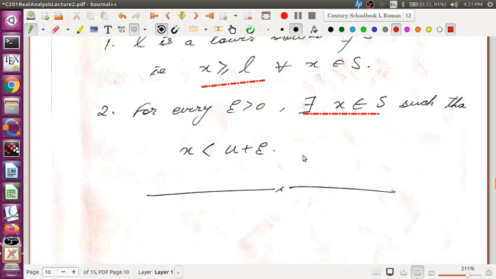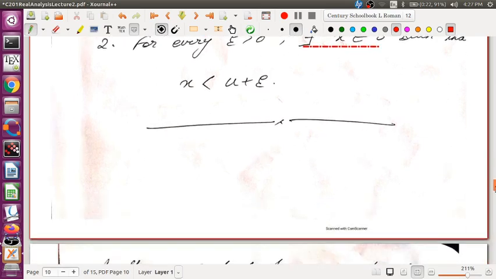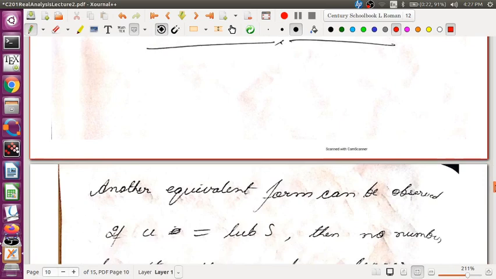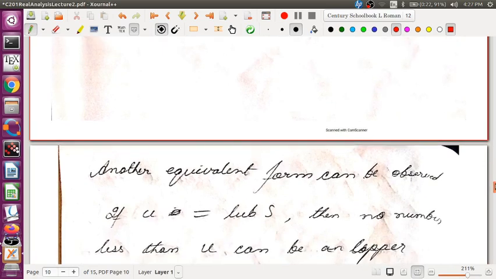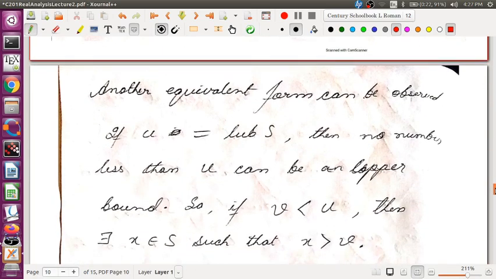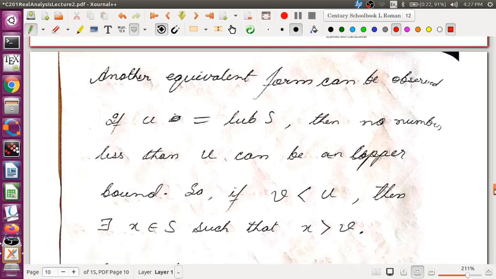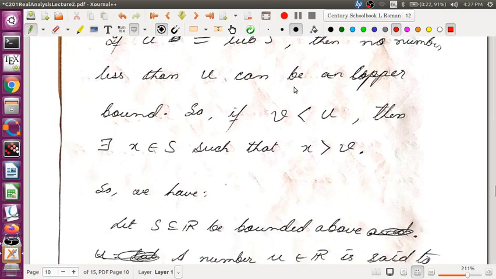There is at least one element for every epsilon which is strictly less than L plus epsilon. That means no number greater than L can be a lower bound. Okay, that is the concept. Another equivalent form can be observed. If u equals the least upper bound of S, then no number less than u can be an